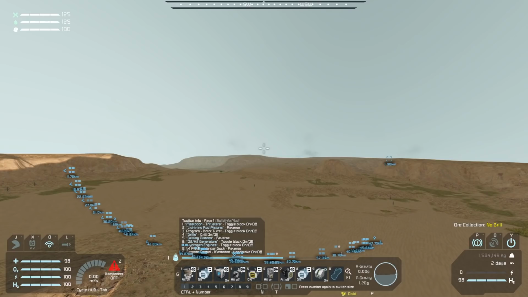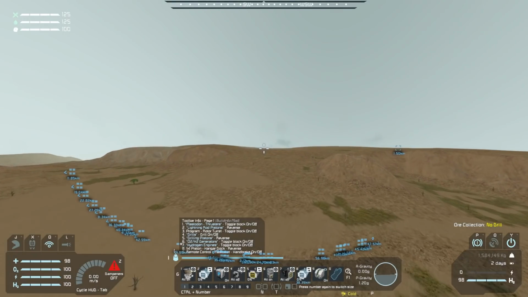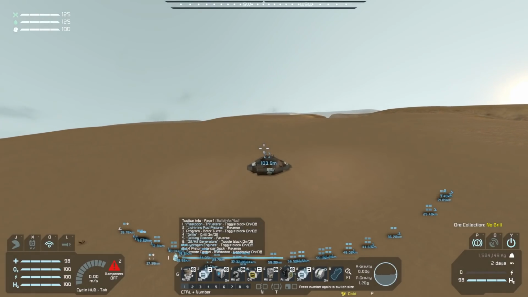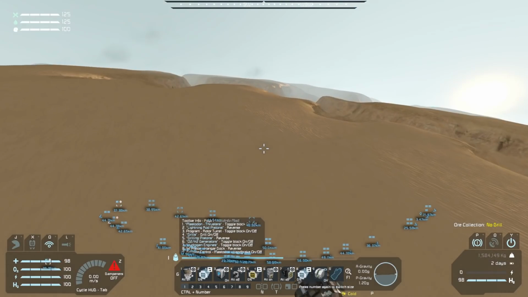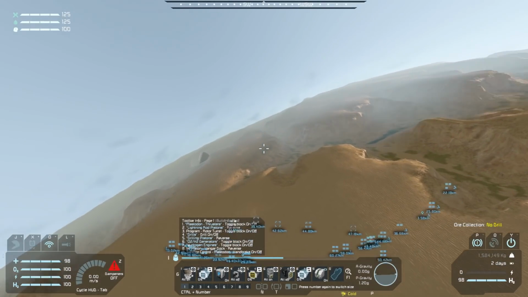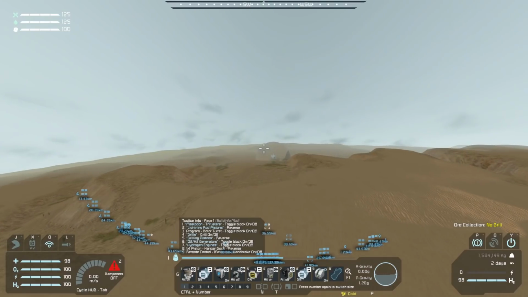We have the Mastodon with the Bison hangared inside. We have the Gopher, we have the Cyclops, we have the Raven. And we're just kicking ass. Up and over here and to this wreck. And if I'm not mistaken, where was the... oh, there it is. Yeah, there was a